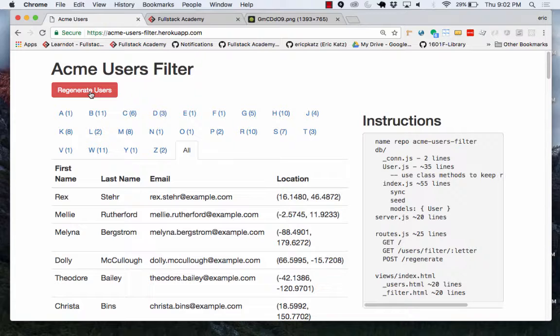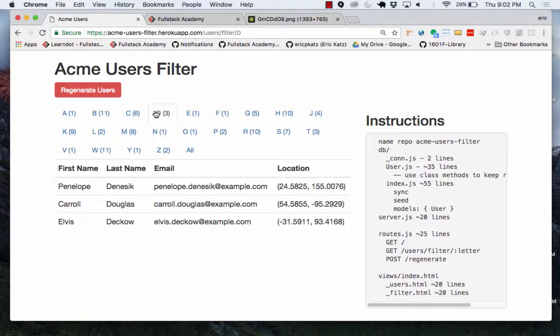You can see the URL if I end up clicking on a letter. I've got two routes here, and no inserting, no deleting, no updating. Either you're looking at all the users, or you have a path called users, filter with a letter. In which case, you know how to write